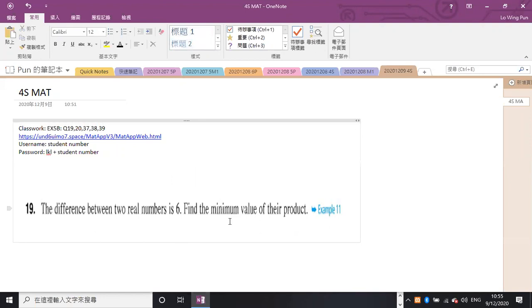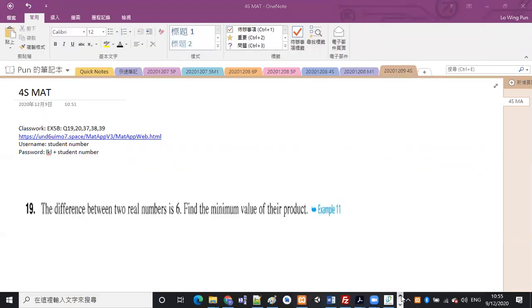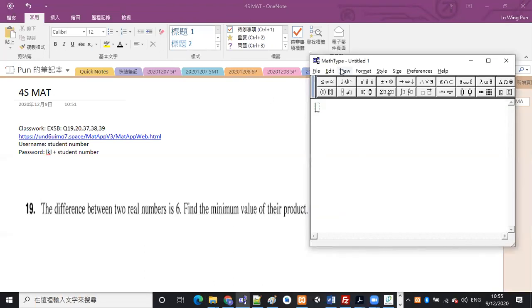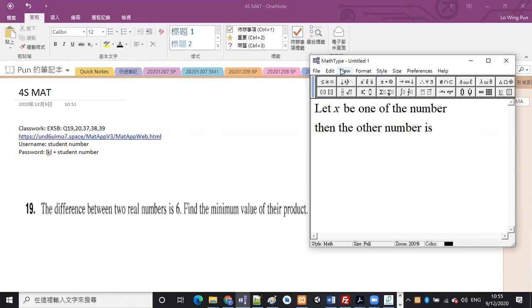So we are going to let x be one of the numbers. Okay, maybe we let x be the smaller number. Smaller number is better,